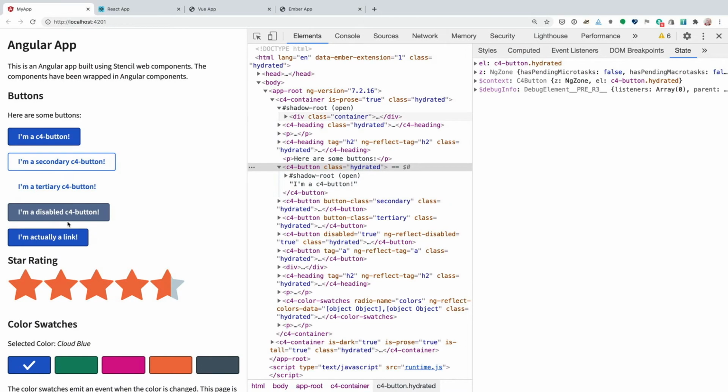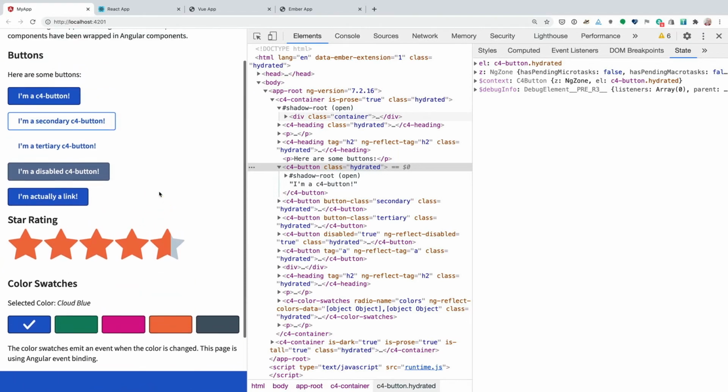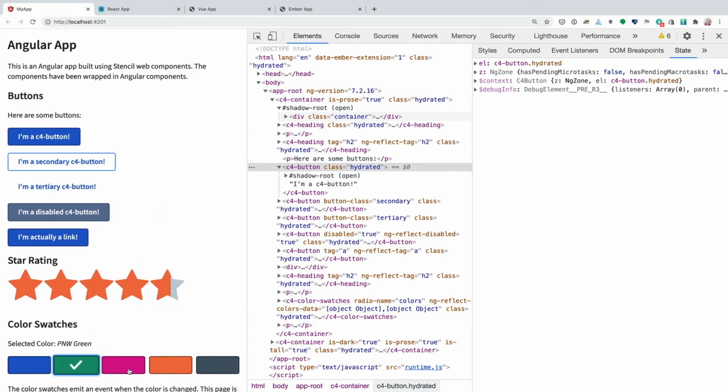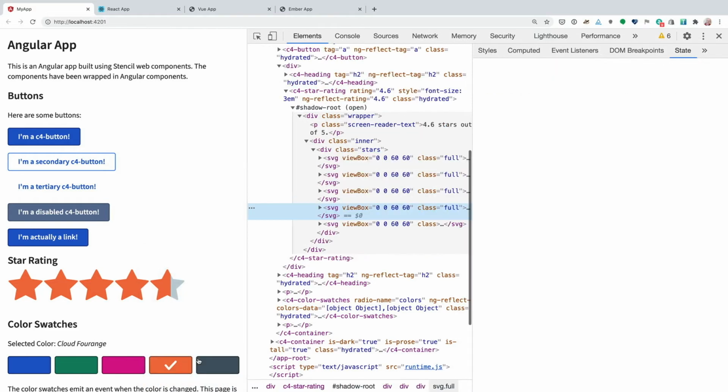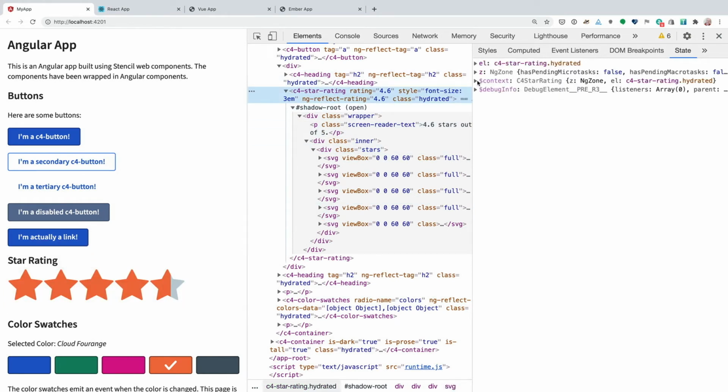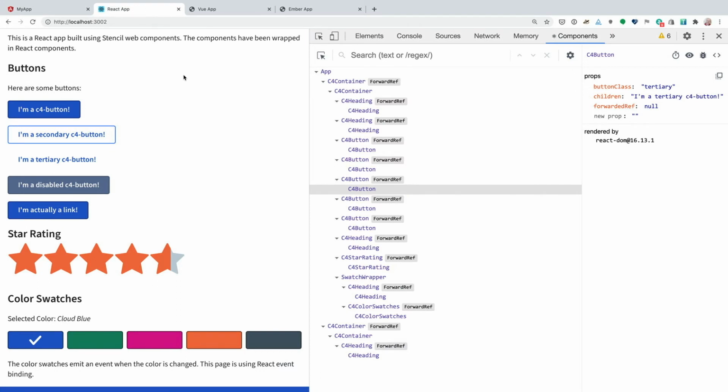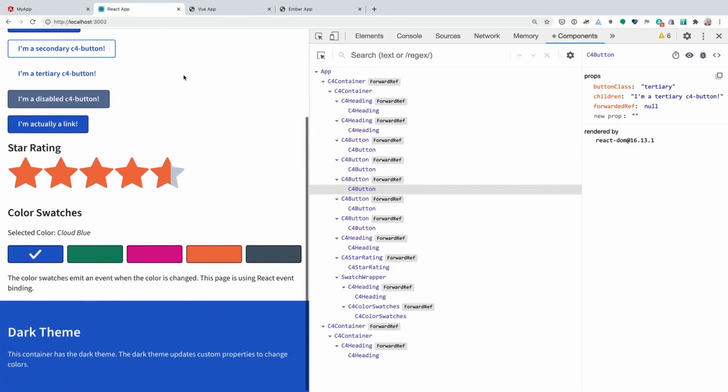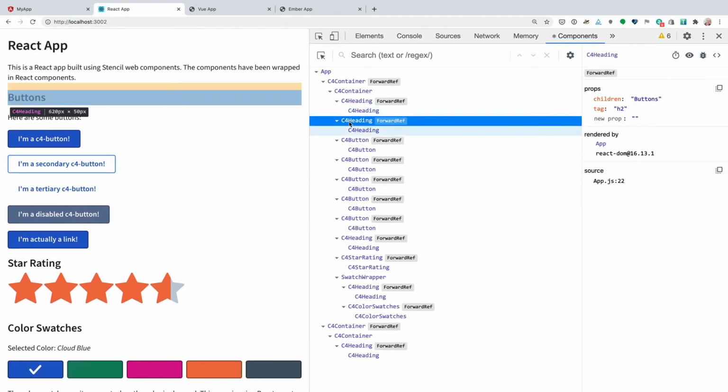The end result is that if we look at this in a browser, we can see that we have a very similar page to what we were looking at before in Express that was just generic web components. But in this case, if we actually inspect one of these items, what we see is that it is actually an Angular component. So we can see all of the sorts of attributes that we expect from an Angular application. Similarly, if we look at React version of the page, we see all of the same components. And in addition, we have all of the props for that particular component in React available to us.